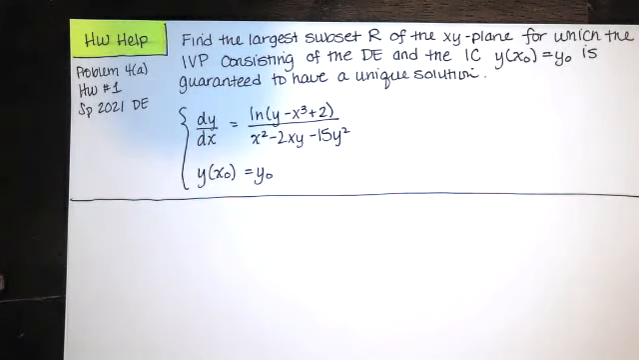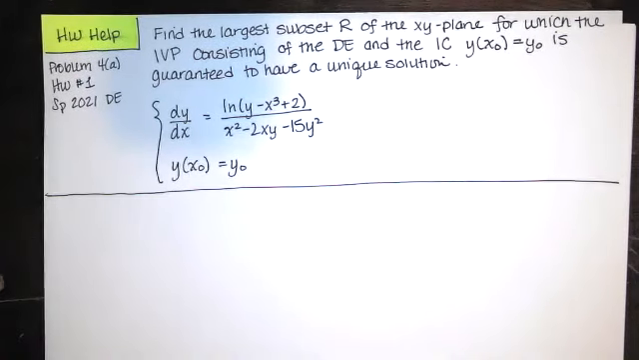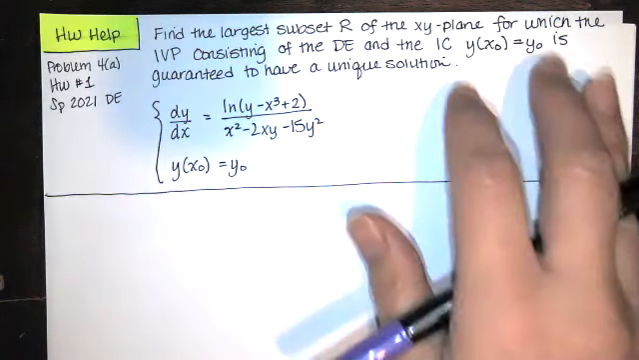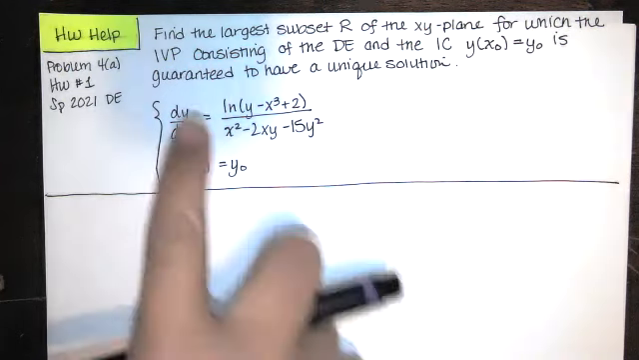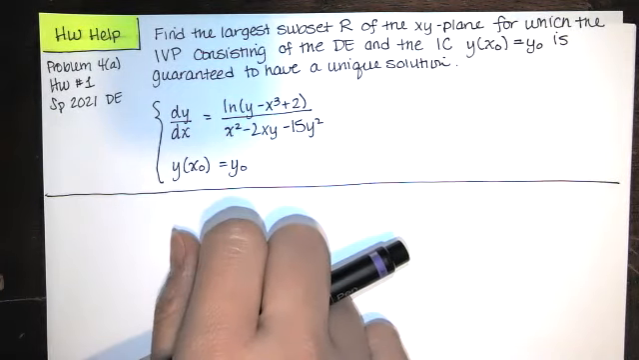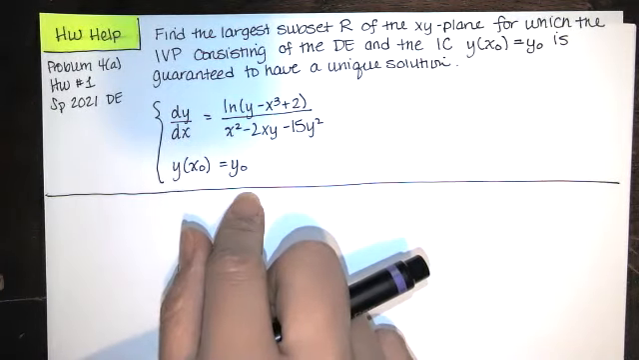In this video, we work problem 4A from the written homework number 1 in the spring 2021 semester for differential equations. We're asked to find the largest subset, R, of the xy plane, for which the initial value problem consisting of this differential equation and this initial condition y of x naught equals y naught is guaranteed to have a unique solution. And so they give us this differential equation, and we pair it with this initial condition to get